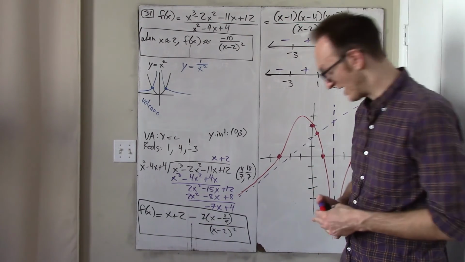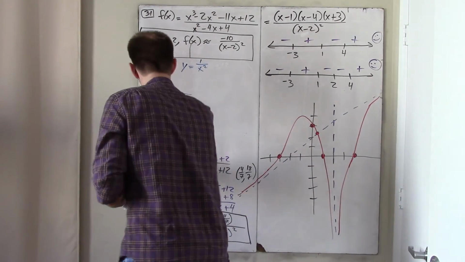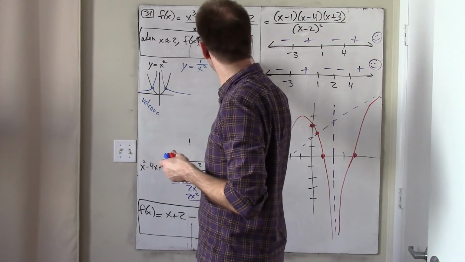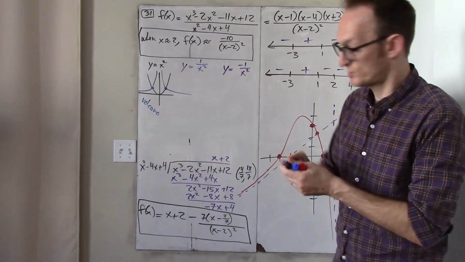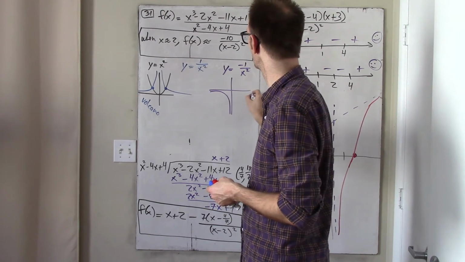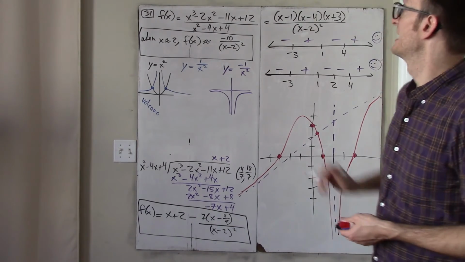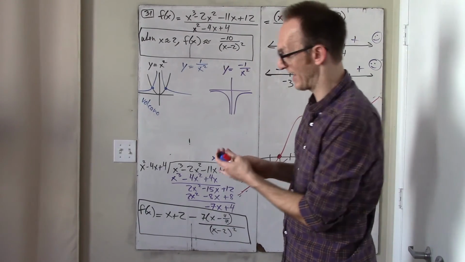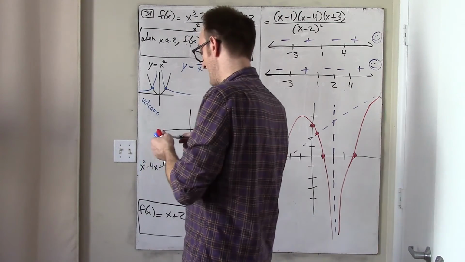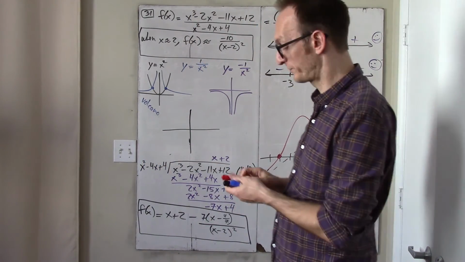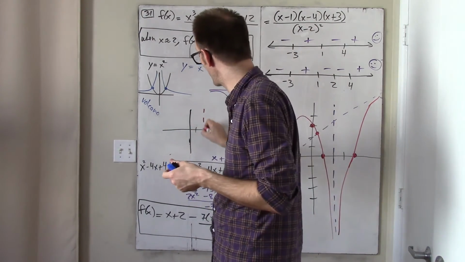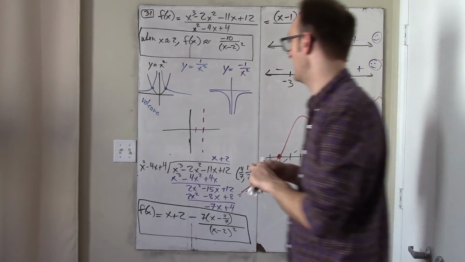And so if I know that, let me make a little bit more space, then, maybe switching colors, what does y equals negative 1 over x squared look like? Well, that's just an upside down volcano. So, alright, zoom, zoom, zoom, zoom. And I have this vertical asymptote, and it looks like that. And so, what does negative 10 over x minus 2 squared look like, finally? Well, that's also maybe not so hard to see, right? It's just going to be a volcano, but moved 2 to the right. So, bump, bump, and with a vertical asymptote at x equals 2, of course, and it's going to look kind